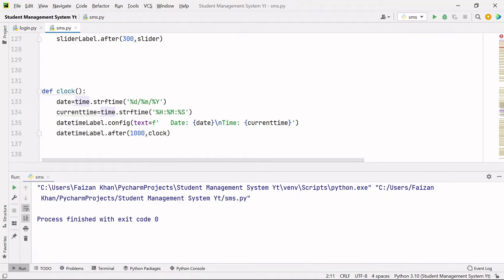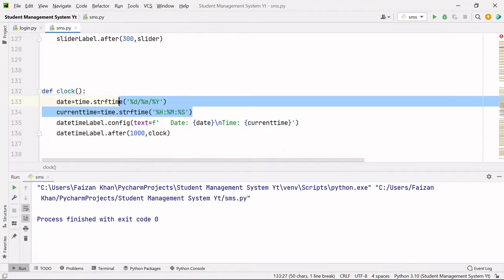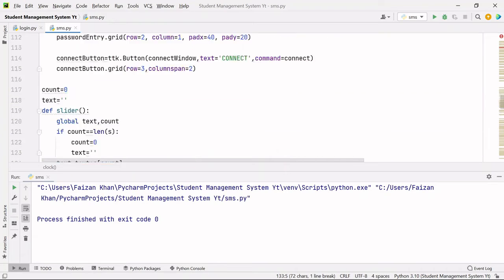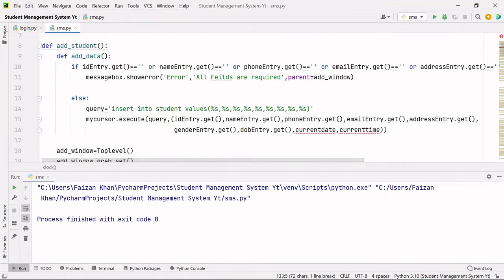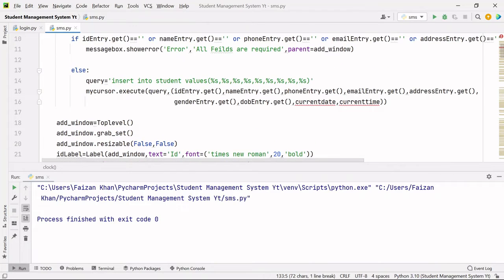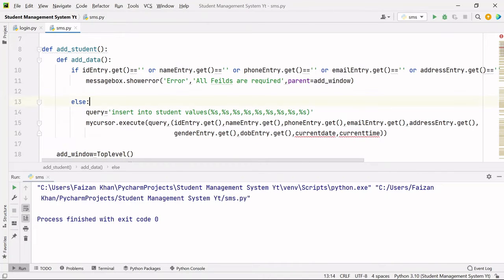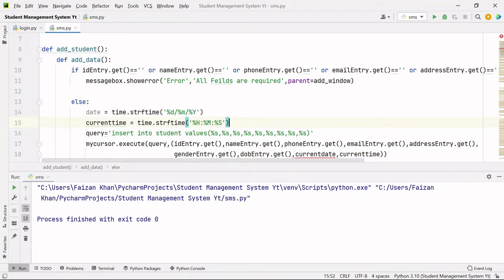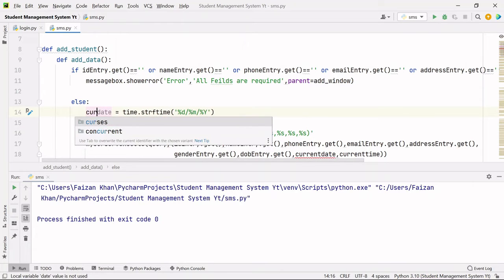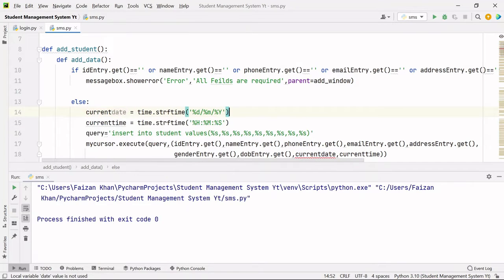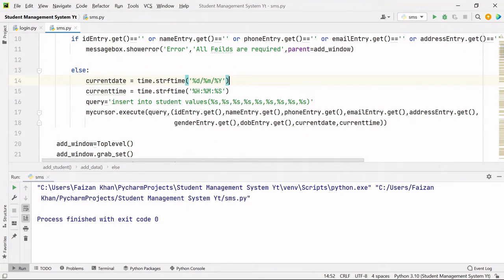Yeah, if you remember, this was the code for getting date and time, so I can simply copy these two lines from here. Okay, and I'll paste here in the else part at the top. So I'll change this variable to current date, okay, and then current time. So once you execute this,